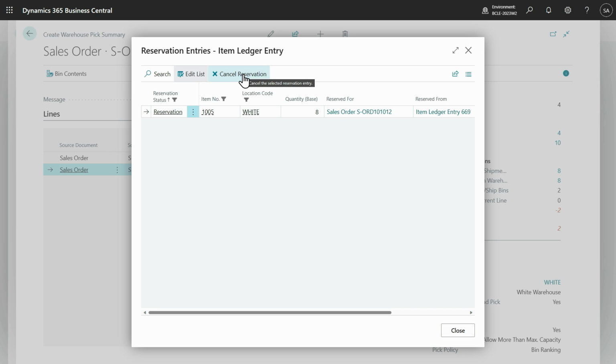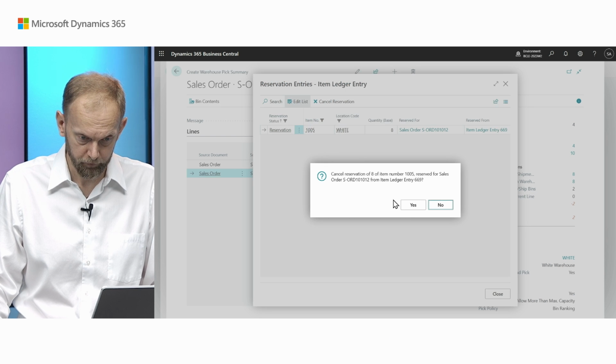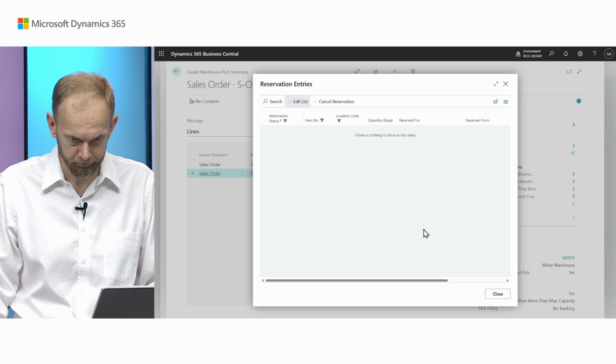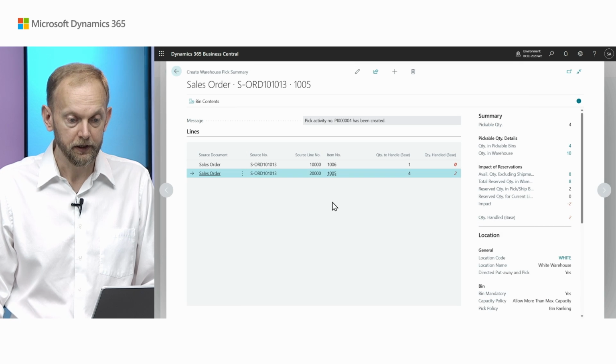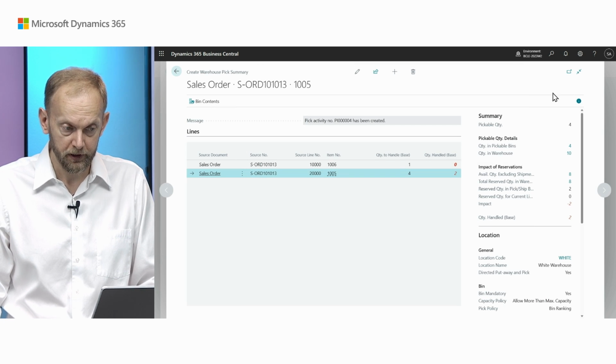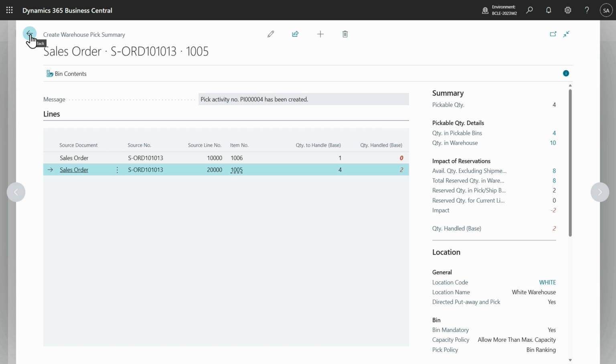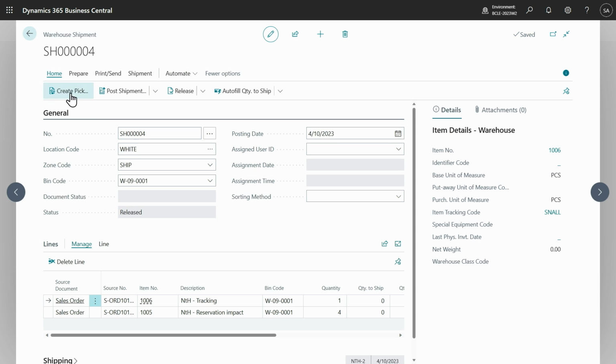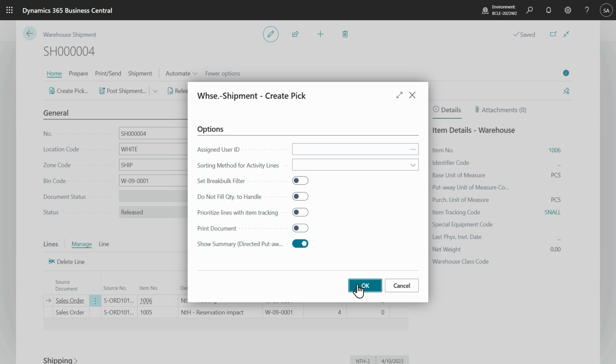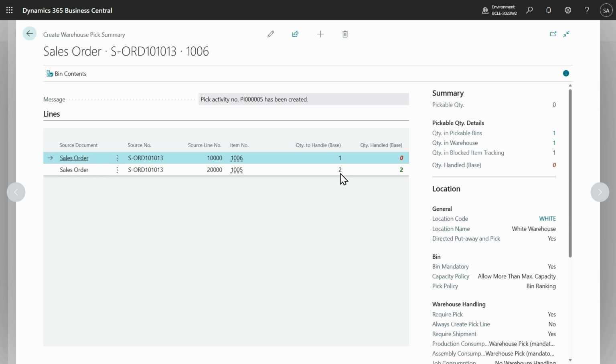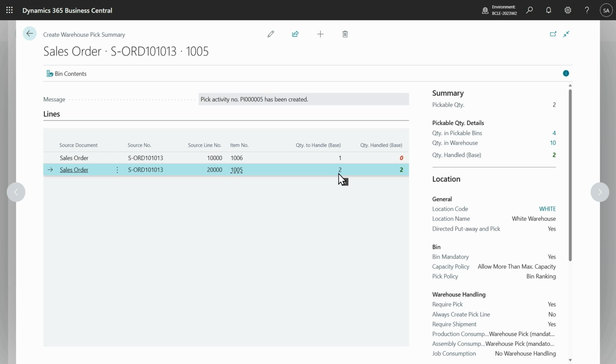because I decided that it is okay to do. We will buy more stuff later for this specific order. It is okay. We explored, we confirmed. Now I can close this window and run create pick again. Let's activate it again. For the second run, you can see that for the first line nothing changed because we are still blocked and we didn't take any action. But on the second line, we had 2 remaining to be picked, and they can be picked. So all good with this line.